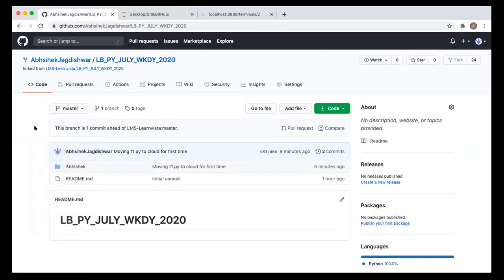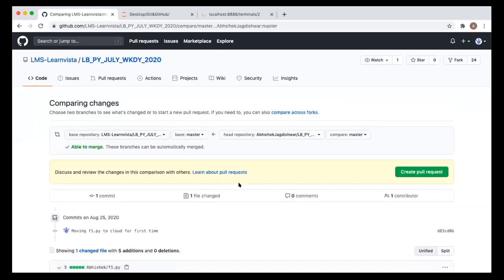Done. Okay. Now it is showing pull request. Everyone, anyone for whom it is not showing? I think it is showing for all of you. Okay, so now click on this pull request. It will guide you to this.